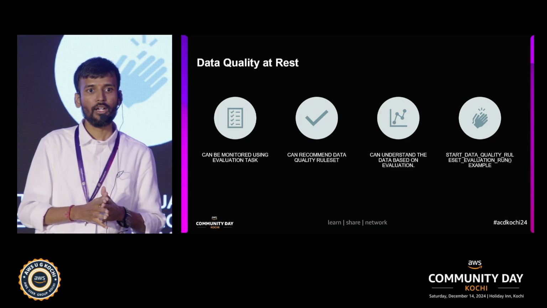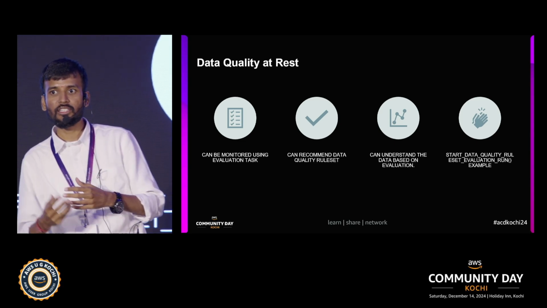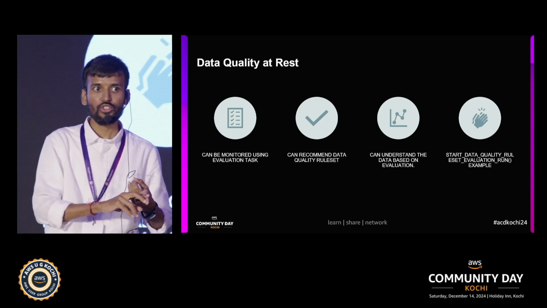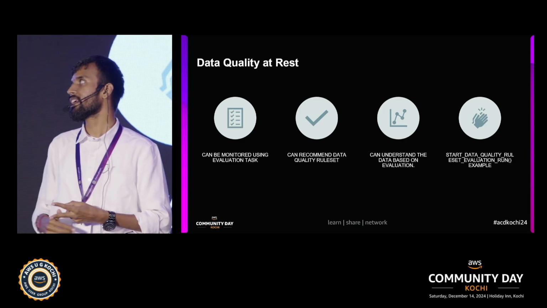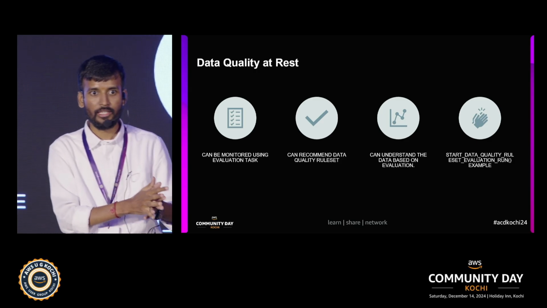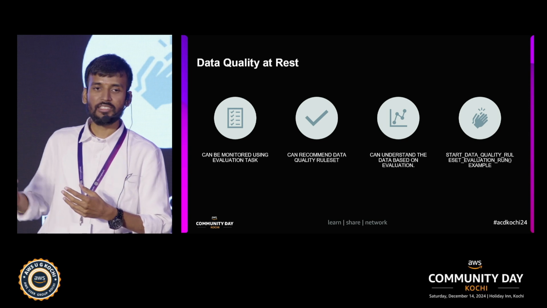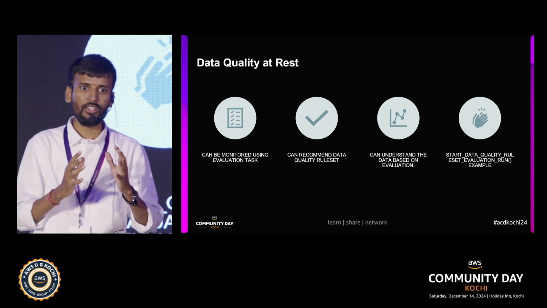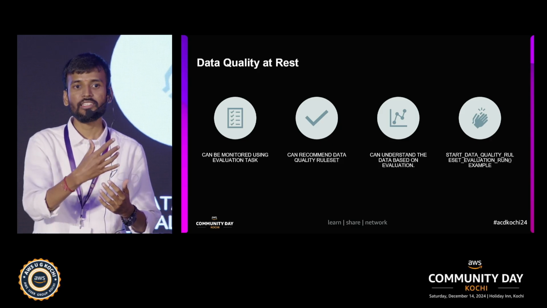We can apply data quality in two ways. If we have used Glue, there are a couple of things available. Either we can configure an ETL job or we can create catalog tables. So when creating data quality at rest, let's say assuming our data is in a catalog table, what are all the things we can do with catalog tables? First thing is, a catalog table is generally used for data discovery purposes. What are all things available?